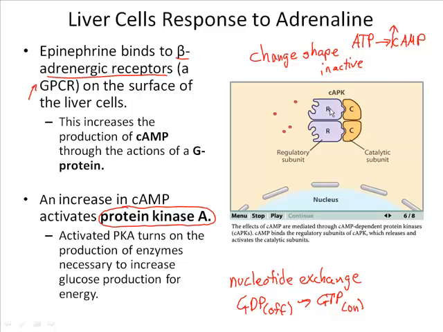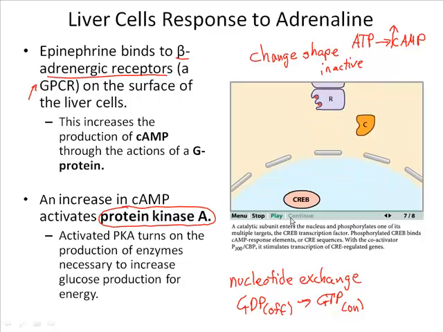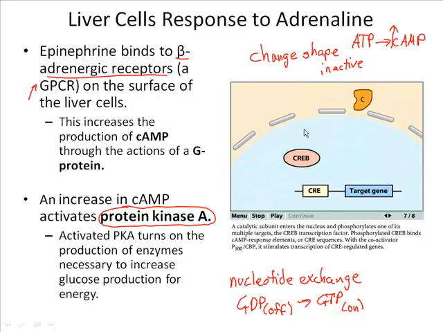And the way in which we get this to dissociate from the catalytic subunit is the binding of cyclic AMP into these specific binding pockets. So now what happens is as cyclic AMP binds the regulatory subunit, the complex falls apart, and now our catalytic subunits are available. In this case, you can see here is the nuclear envelope